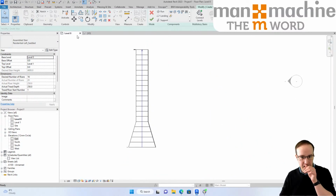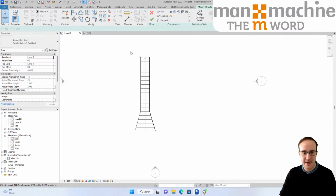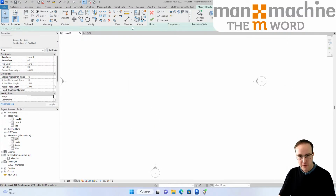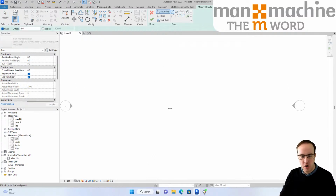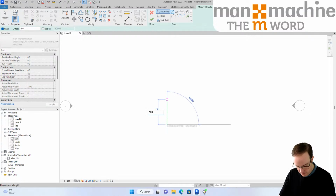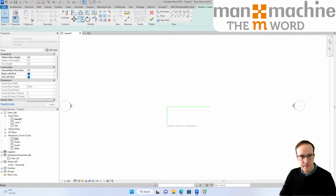So all it's doing is taking your line work and allowing you to create that staircase completely manually. So if you've got a very specific L winder or U winder or any shape that you're after, it's just a case of defining the geometry just like you would in AutoCAD. So we can go up 2 meters, and then we can go to the left 5 meters. We can then offset by 1 meter